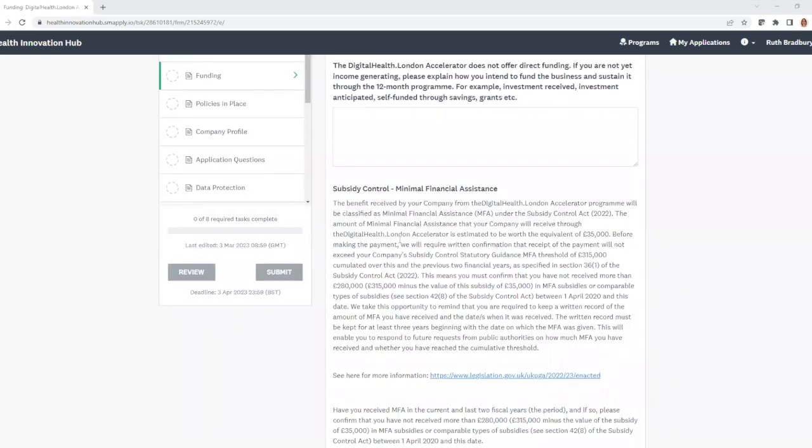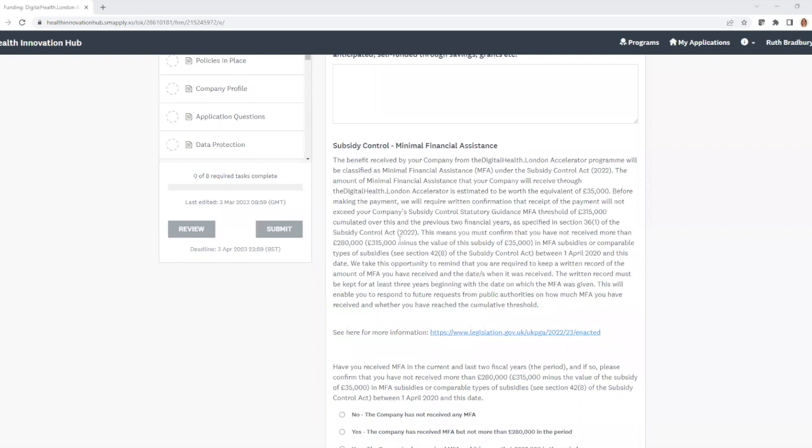The second question talks about the benefit received by your company from the DigitalHealth.London Accelerator programme. Although we don't provide direct financial funding, the benefit that you receive will be classified as minimal financial assistance under the Subsidy Control Act. The important thing with the Subsidy Control Act is that we need to understand whether you have received any minimal